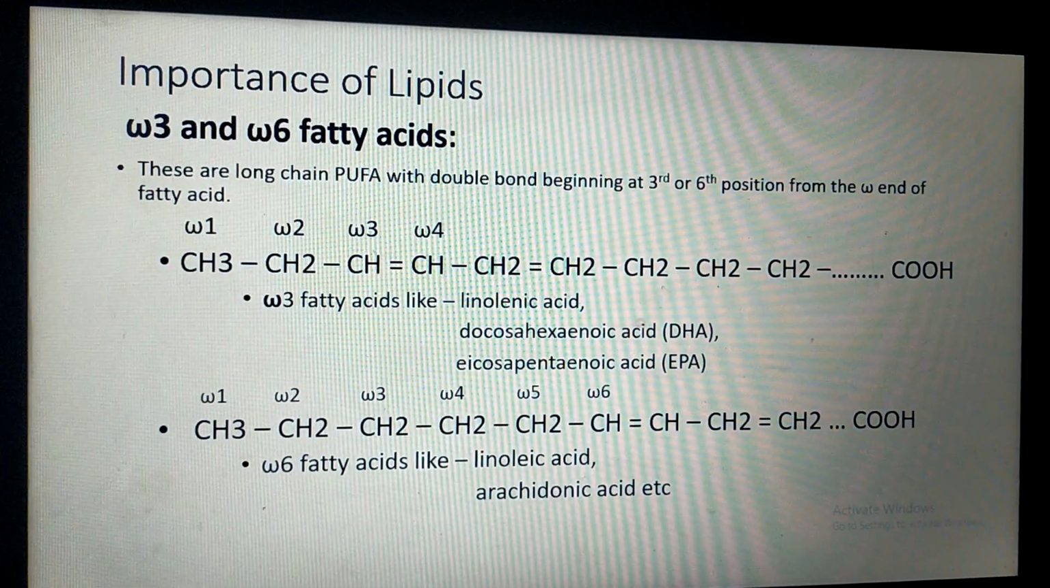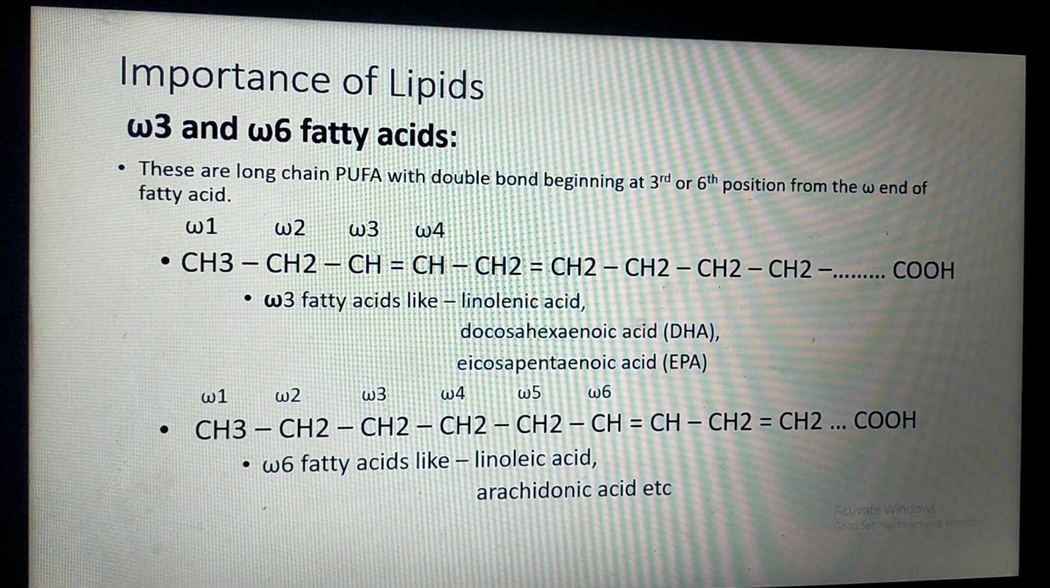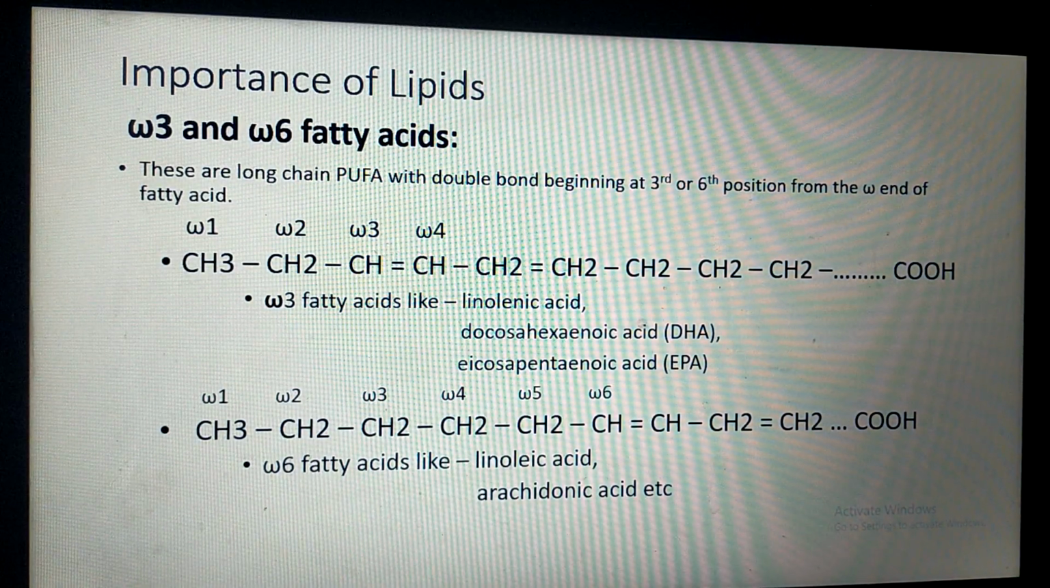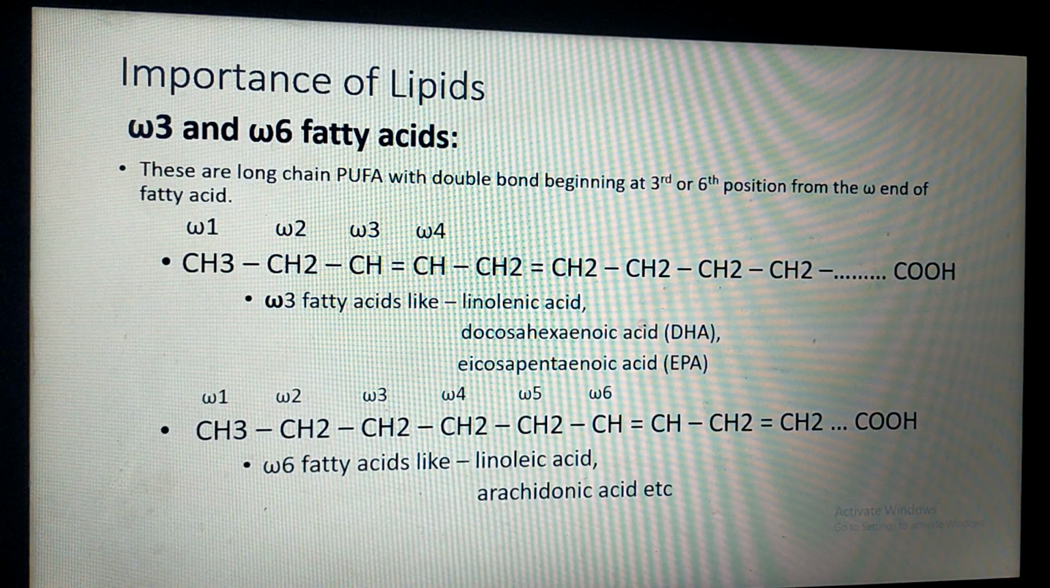After completing essential fatty acids, we will see omega-3 and omega-6 fatty acids. Examples we have already studied, but what is meant by omega-3 and omega-6 fatty acids? They are also polyunsaturated fatty acids which contain double bonds at the 3rd and 6th position from the omega end of the fatty acid. If you see, first is omega-3 fatty acid, where the first double bond is present between omega-3 and omega-4 carbon. Such fatty acids are called omega-3 fatty acids. The examples of omega-3 fatty acids are linolenic acid, docosahexaenoic acid,